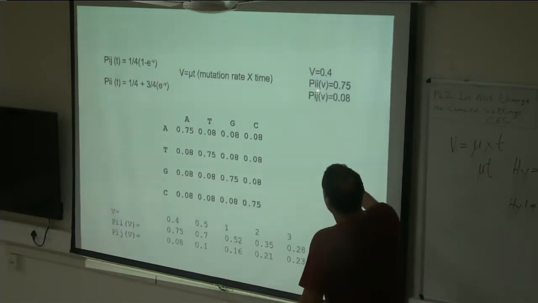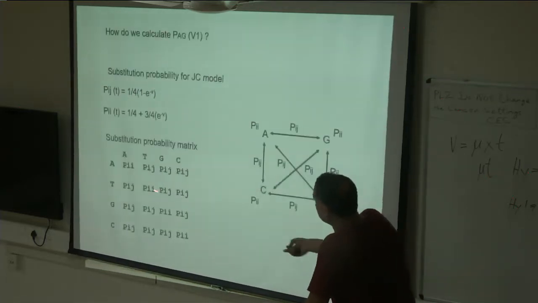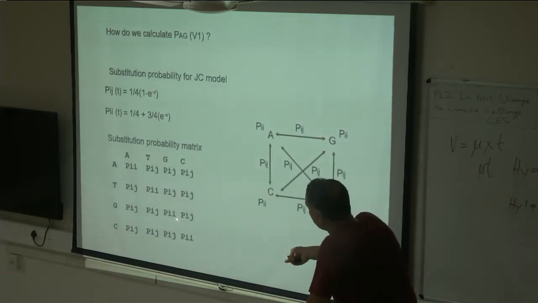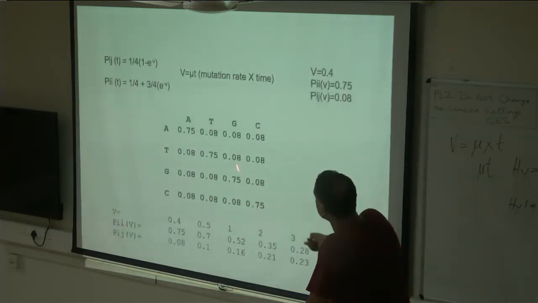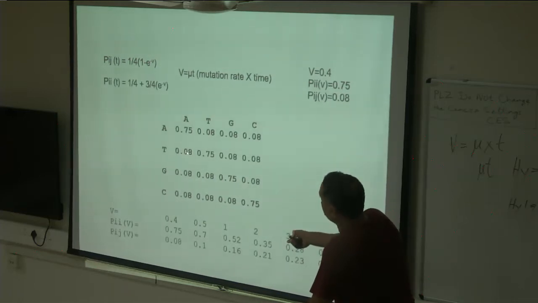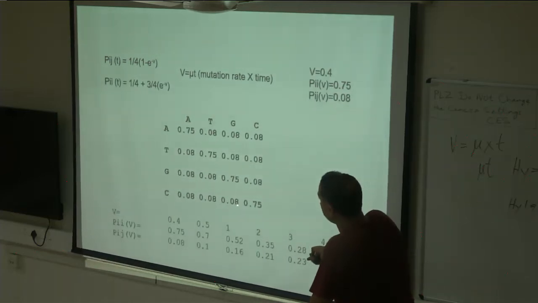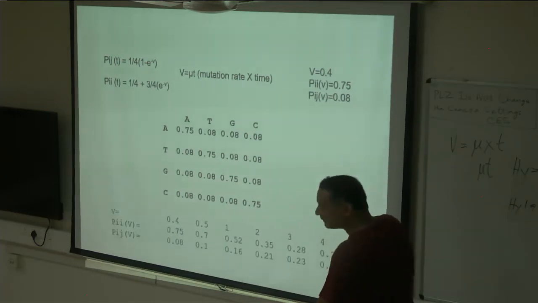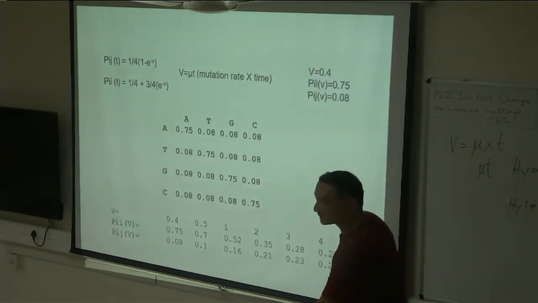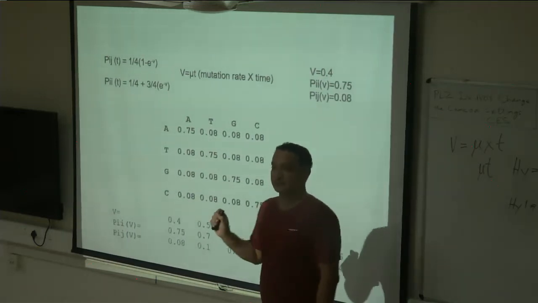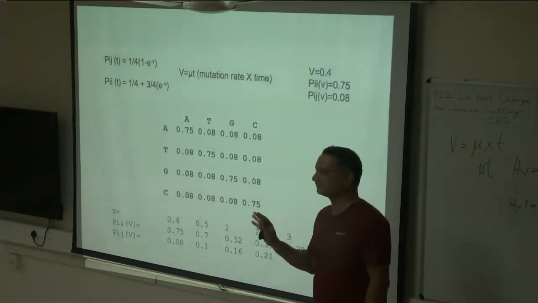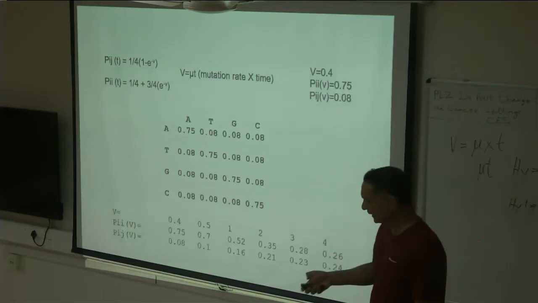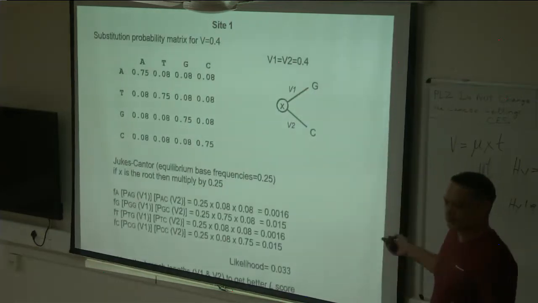All right. So remember, in the middle is probability of no change. A remains A, T remains T, the rest is all change. So now we take these values and we have our matrix, where these are the values for change. In the middle is probability of no change, given this branch length and Jukes-Cantor model of sequence evolution. Is everyone with me? Okay, now you plug in the values and you get your likelihood.